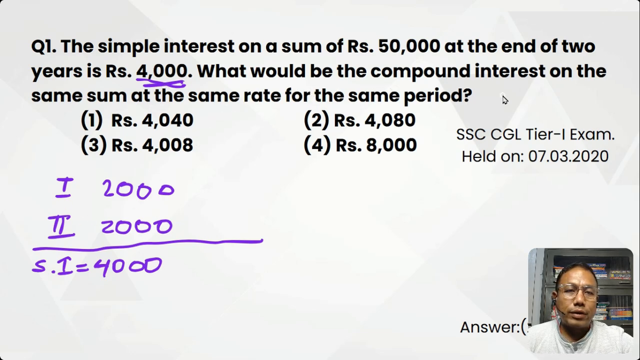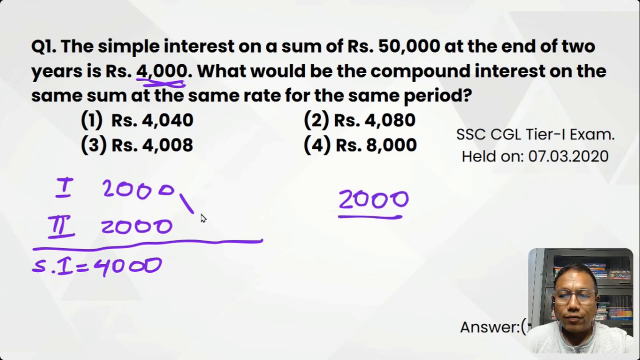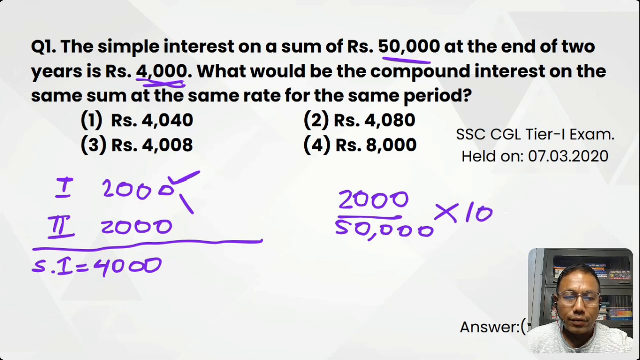What would be the compound interest on the same sum at the same rate for the same period? We have to find this value. Now let's find out the percentage. 2,000 out of the capital principal 50,000. What percent is this? Let's check it. Into 100. Cancel 0 0. I can still cancel 2 more 0. 5, how much is 20? 5 4 20. Therefore rate is